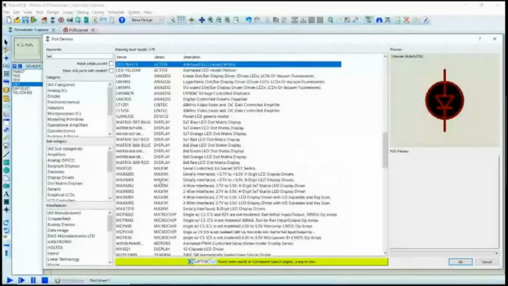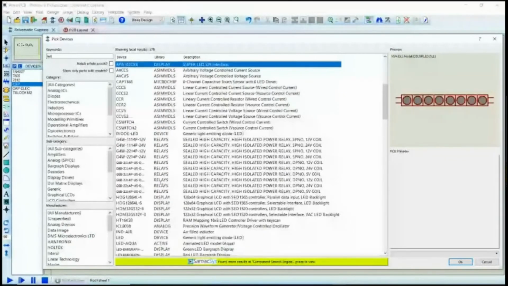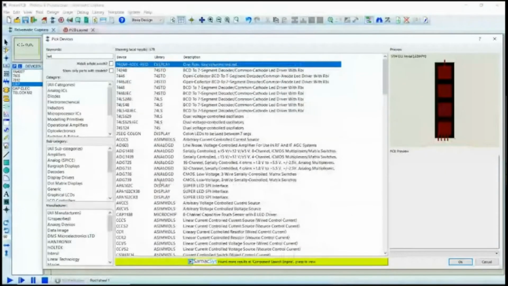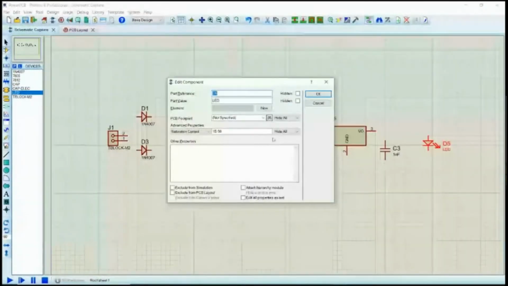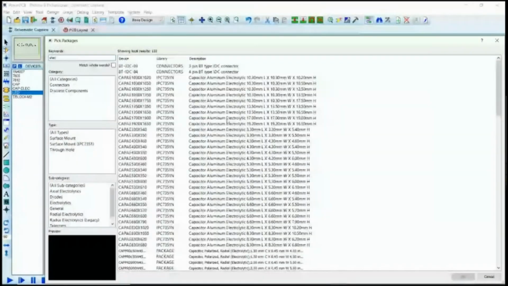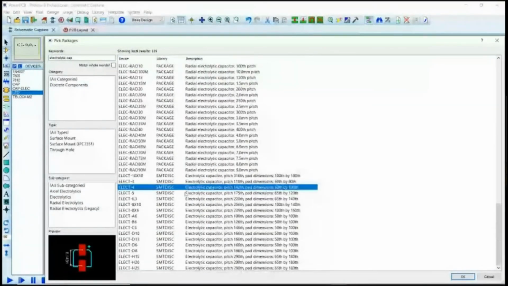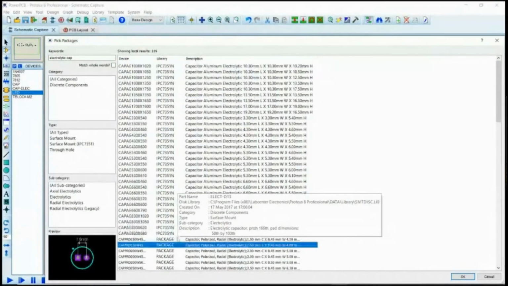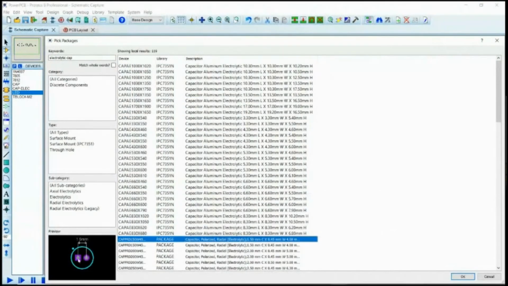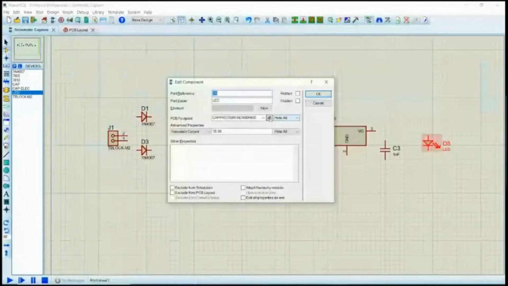So you don't have the footprint for that, though it doesn't matter. We can always make use of a footprint that is already existing. So this footprint would go well for my light emitting diode, so I'm just selecting that. So if you don't have a PCB footprint, you need to search for an appropriate footprint and assign that.